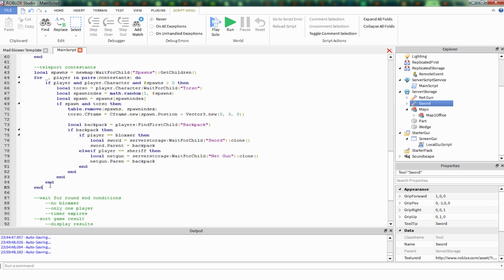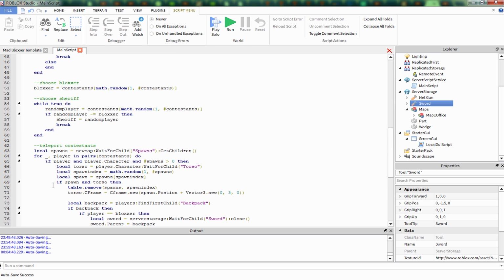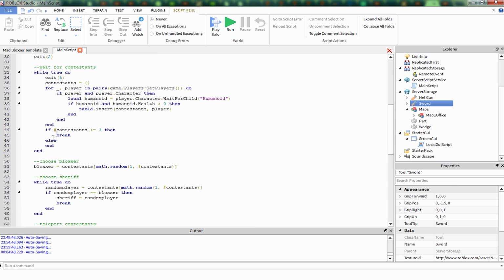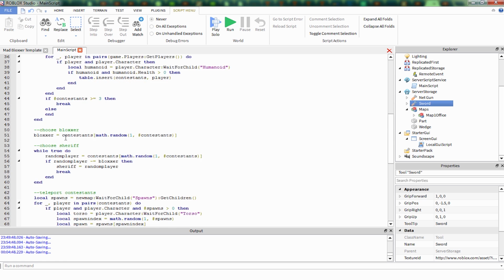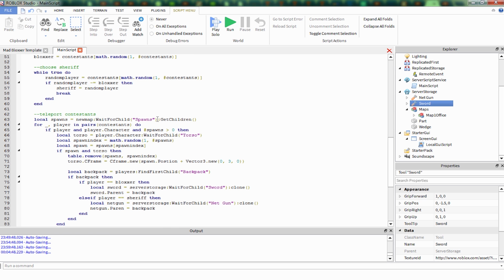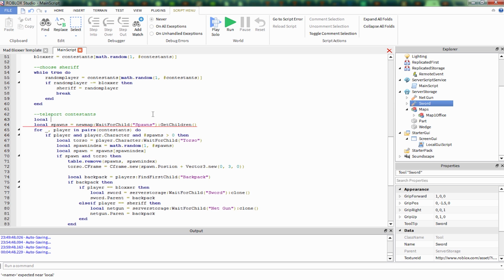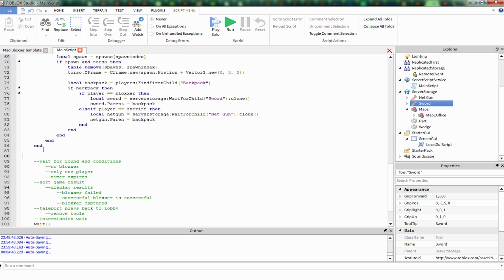And then after we've teleported all of the players, we're going to want to remove the spawns. So remember how we use the spawns to tell where we're teleporting the players to. We're going to want to remove the spawns. So, local spawns model. I'm going to cut this and paste it there, just so that we make sure that we're looking at the same thing here. This spawns model, copying this, using it down here,